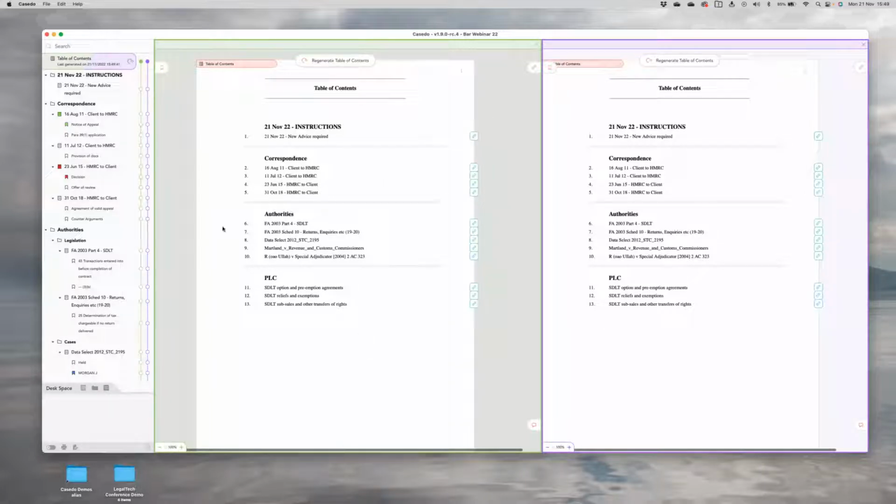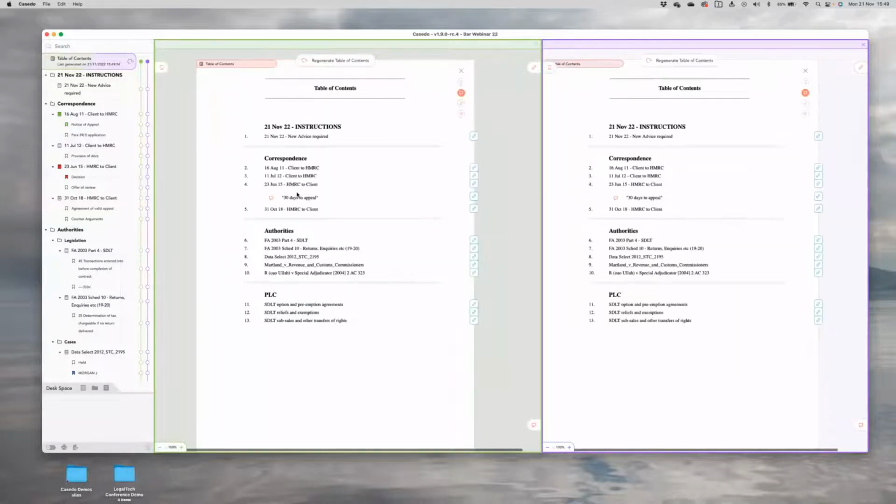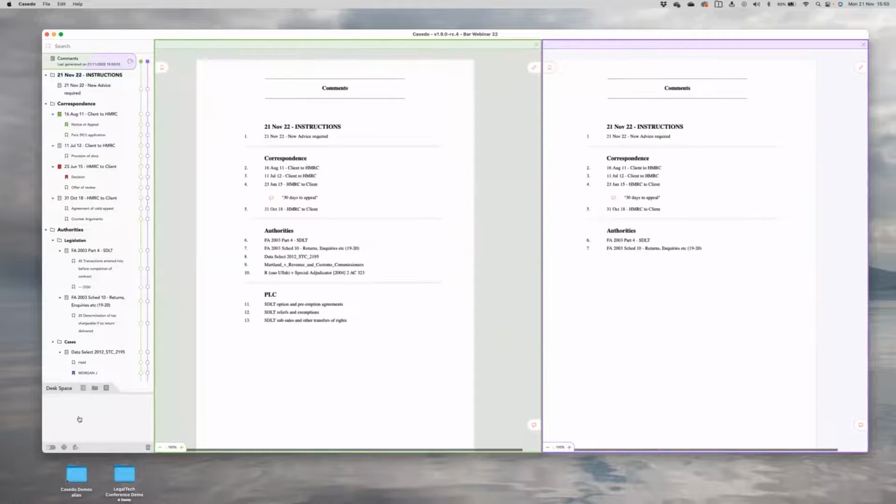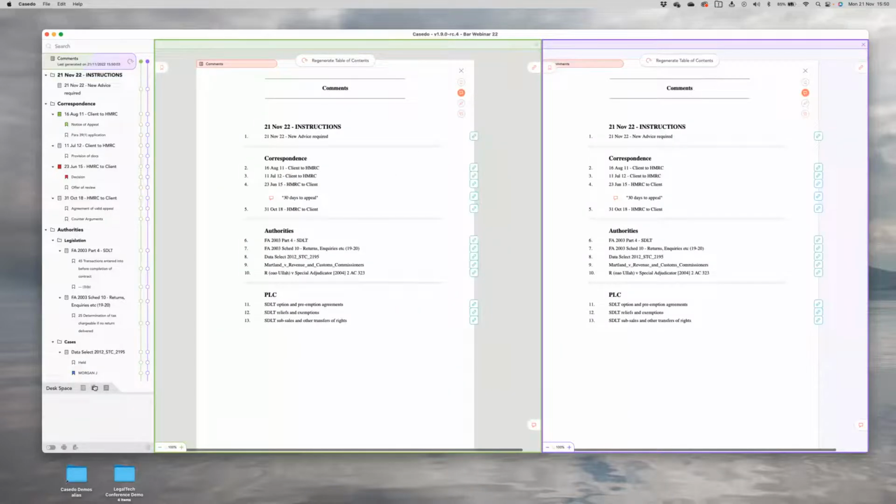That's not particularly useful. You've got that here, but in the top right hand corner, we can choose to add more information to this. So I can add, for example, if I want to see the comments I added, I can say, oh, look, there's my comment. I only added one comment in this bundle. There we go. I could rename this comments. And I can say, okay, that's useful for comments. I'm going to add another one